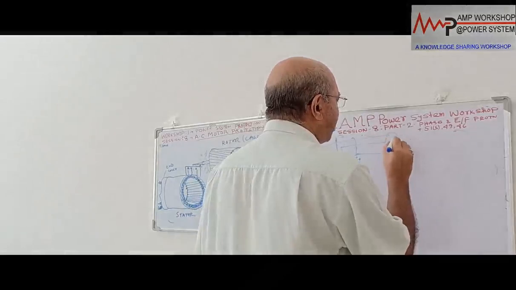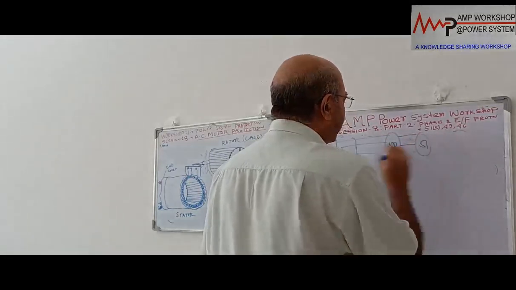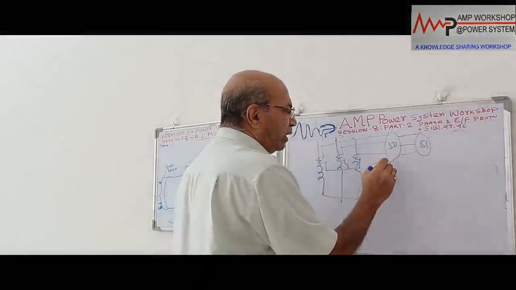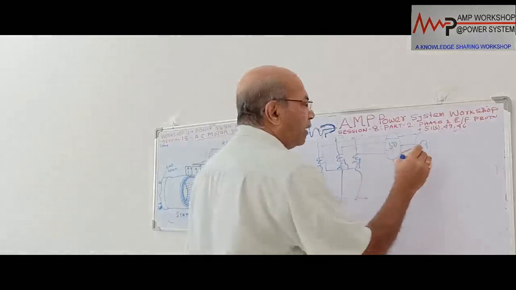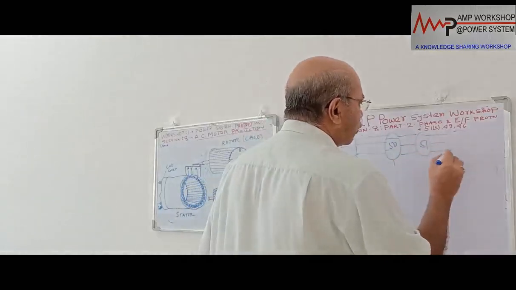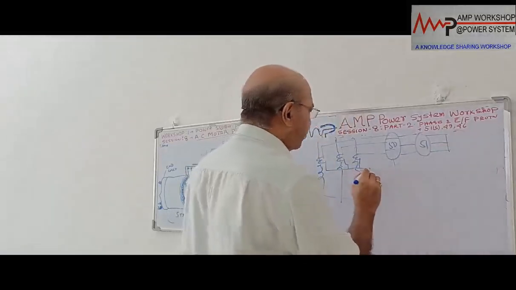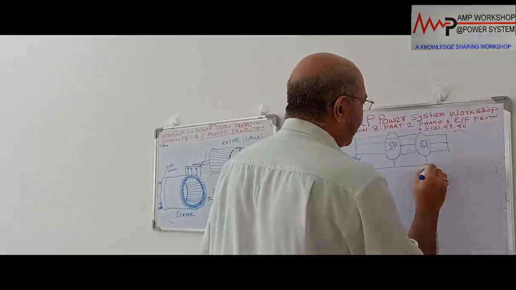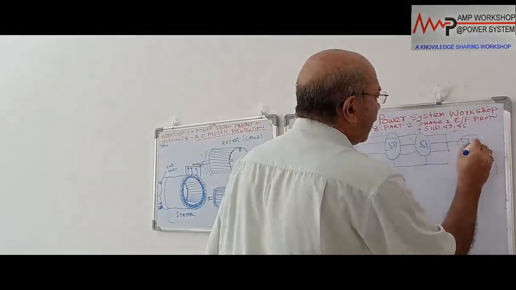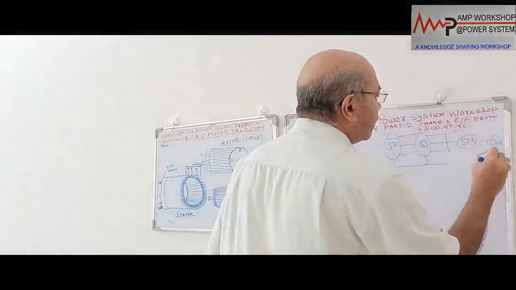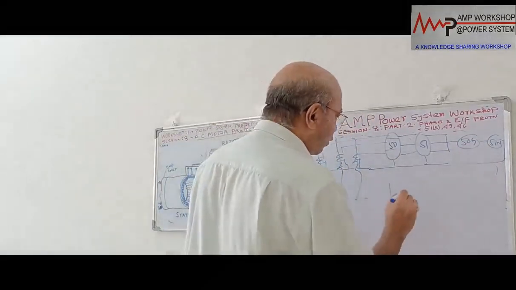Suppose we provide the 50 relay first, then we provide the 51 relay. All the 3 are coming. If it is a 3-phase relay, then 1 relay. If it is a single phase relay, this will be 3 single phase relays. Okay, then this CT we make a shorting, and this is already shorted over here. It is connected over here. Now after this short here, we provide a 50N relay and then a 51N relay, and then it comes back.